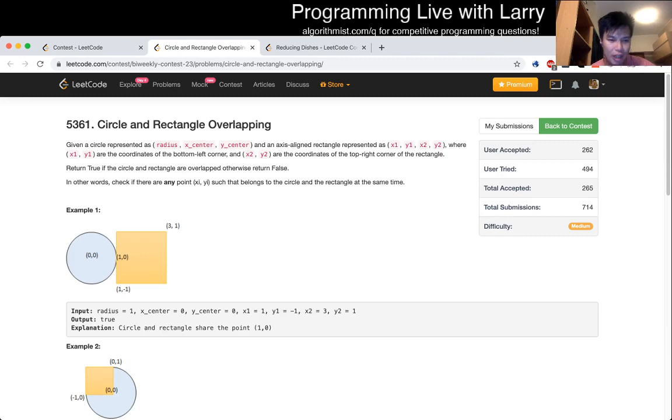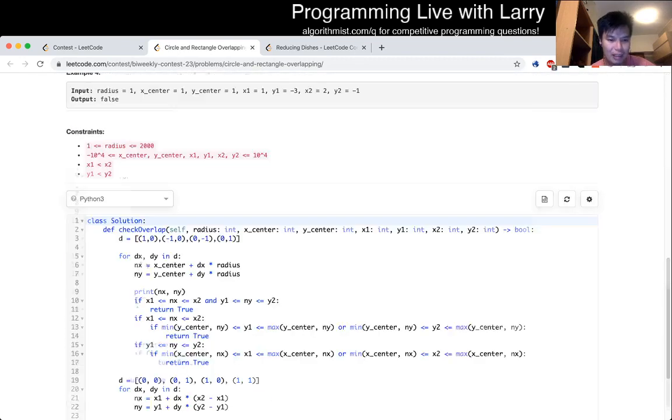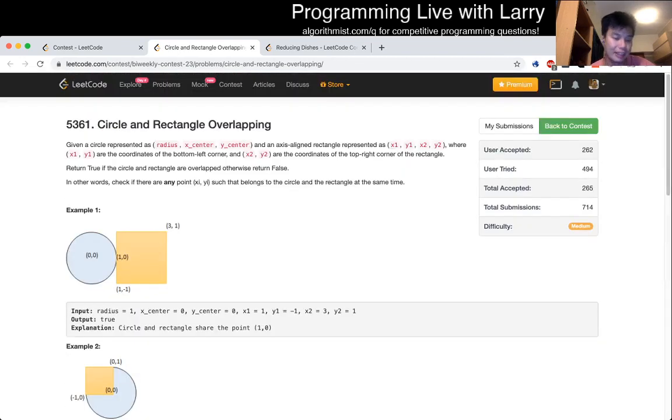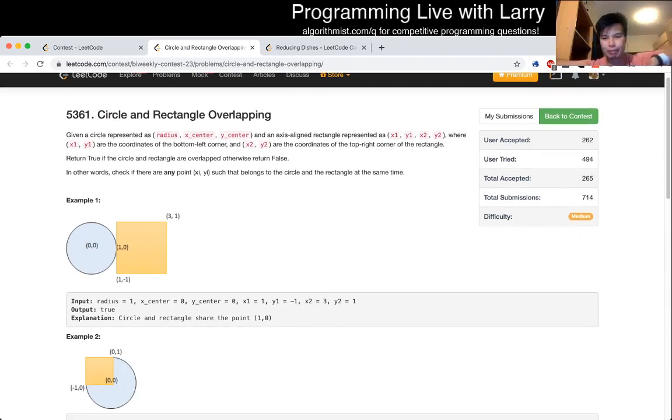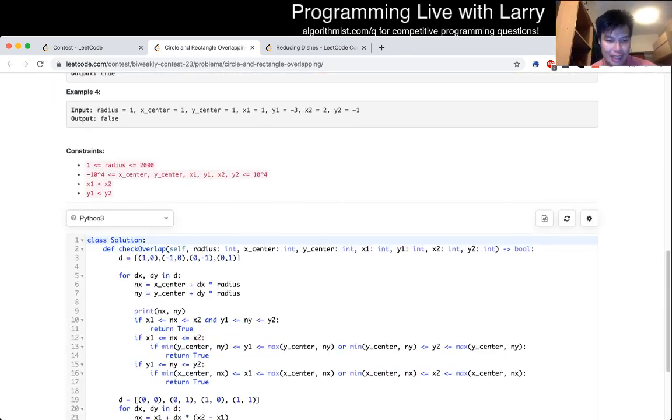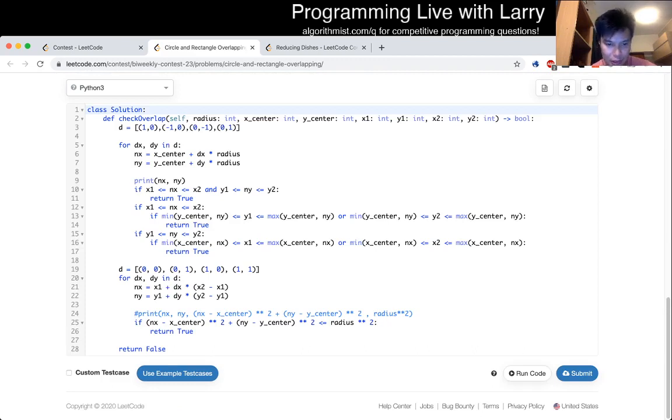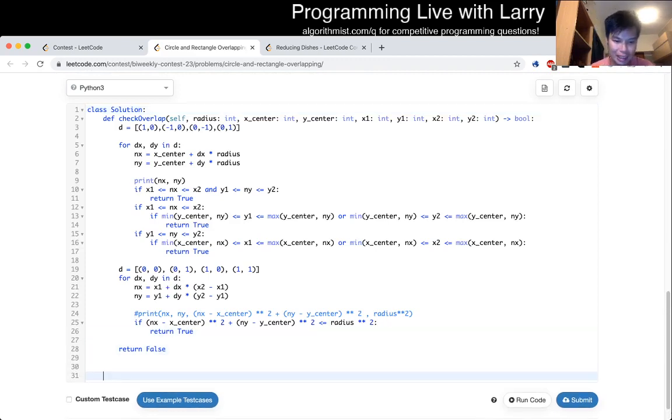Okay, the circle and rectangle overlap. There's only a number of cases because these are axis aligned. What that means is that for the rectangle, it's vertical, so there are no weird rotations. I think the case that I was missing, and I don't know if I could draw that easily, the case that I was missing initially,